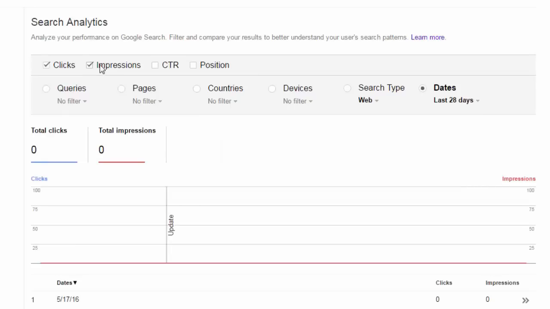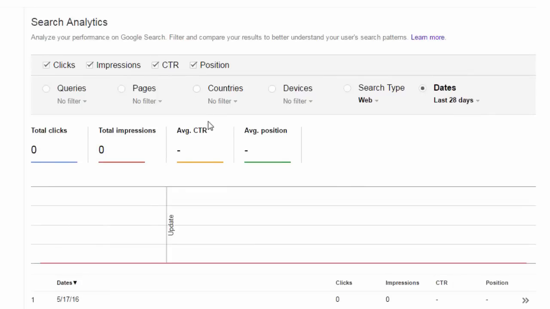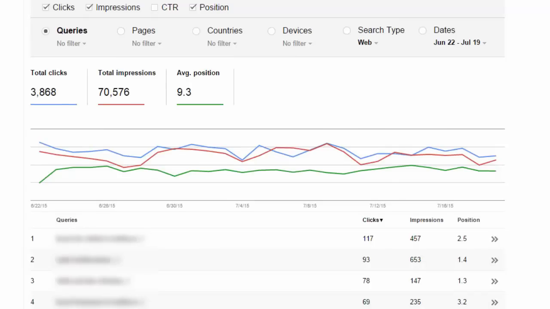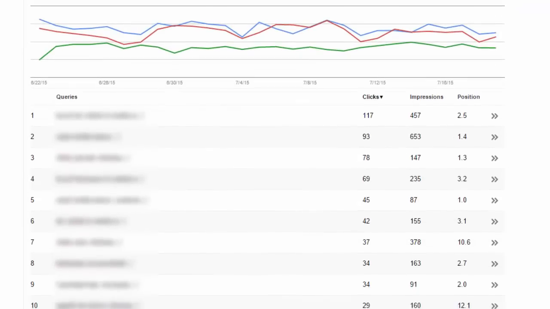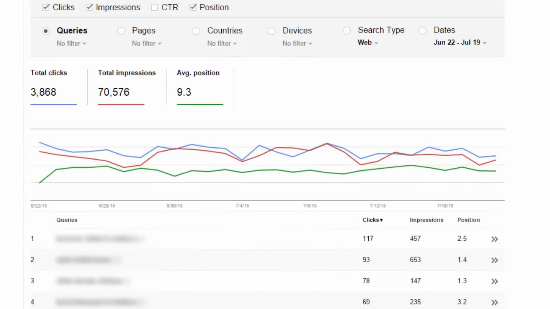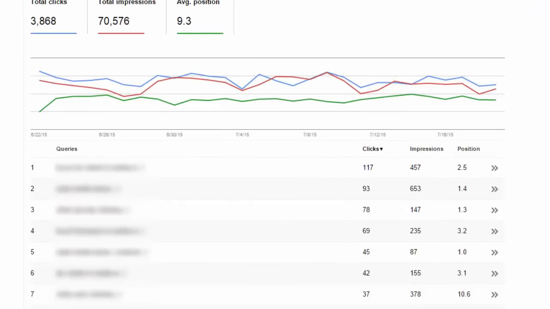Now, when you actually display the information, you can click on clicks, impressions, click-through rate, and position, as we talked about, and then the graph will update and it is going to show you all of that information. So let's take a look at a site that is actually set up here. So here we are looking for specific queries. We just want to see what are the top keywords bringing in traffic to the website, and it's going to list out all of the keywords down here below. But since I have checked clicks, impressions, and position, it is going to show me all of that information next